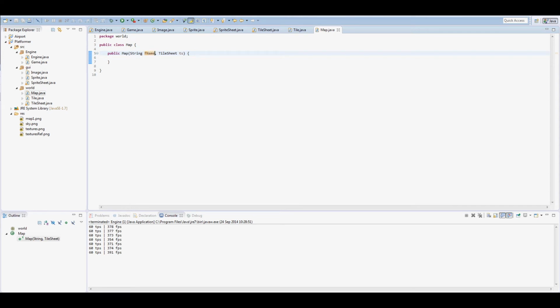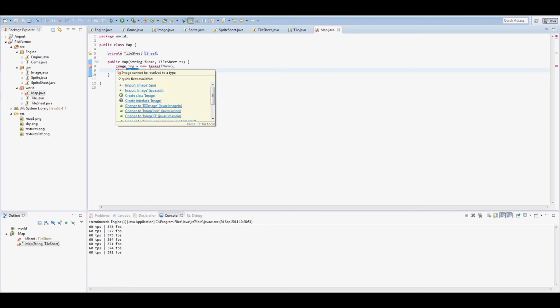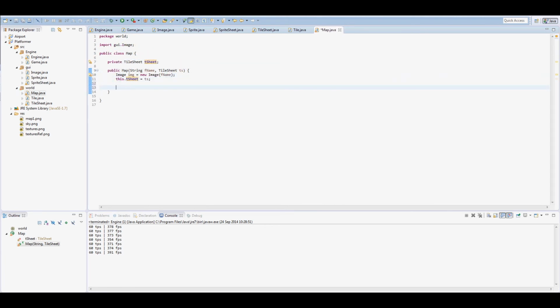Okay, what I'm going to do for this is I'm going to make a new image. And this is just because our image class contains a way to load images this way. So we just create a field of that and input that as well. So next thing I'm going to do is create a new loop. I need to know the width and the height, so i is less than